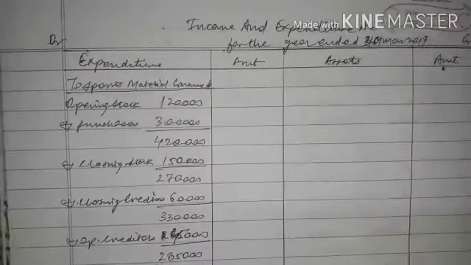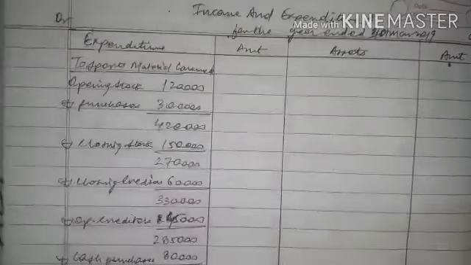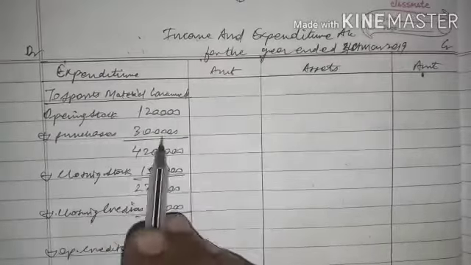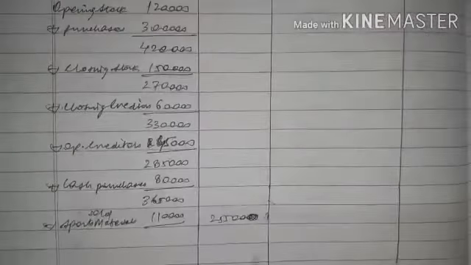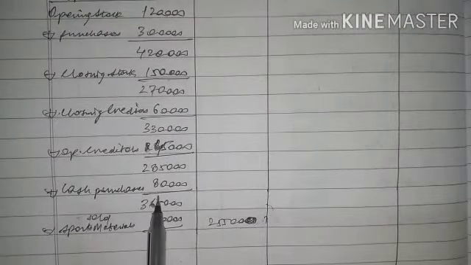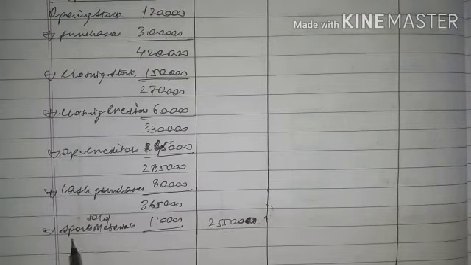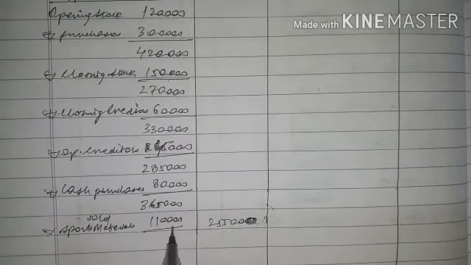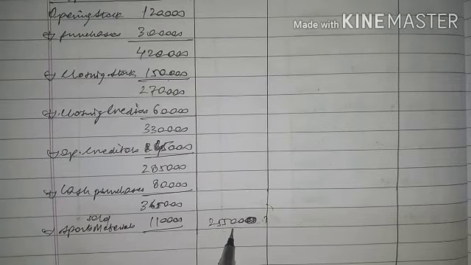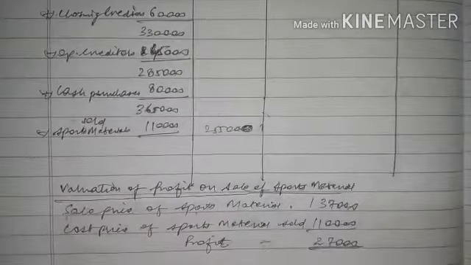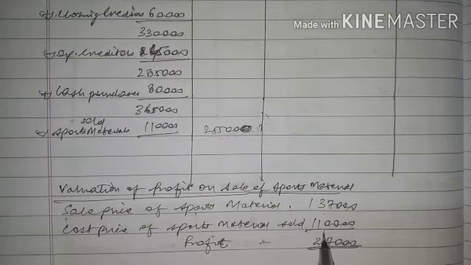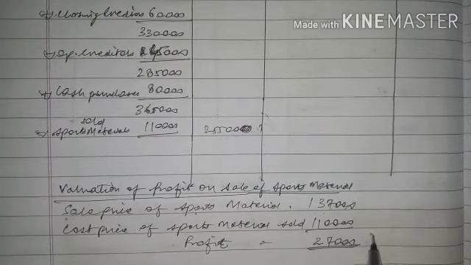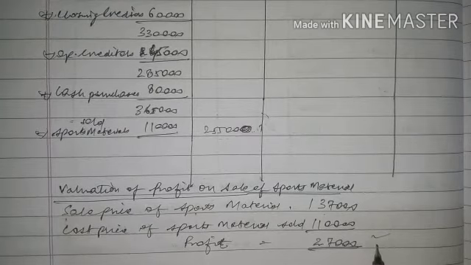Again on the debit side, first we will be drawing the format of income expenditure account, and then we will explain how much sports equipment is consumed. Sports material: opening stock and purchases you will be adding, closing stock you will be deducting, closing creditors you will be adding, opening creditors you will be deducting, then cash purchases again you will be adding because that was an additional purchase, and sports material sold 1,10,000. So we will get 2,25,000. Now how will the profit be calculated? Sale price was 1,37,000 and the cost price of this machinery was 1,10,000. So the difference between the two is 27,000. So here also we will be getting the answer.